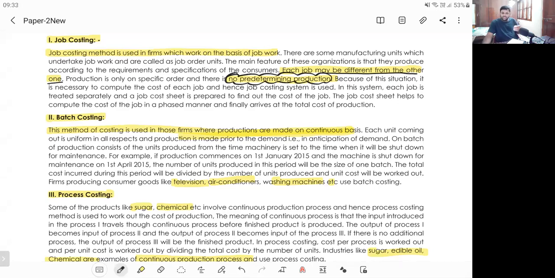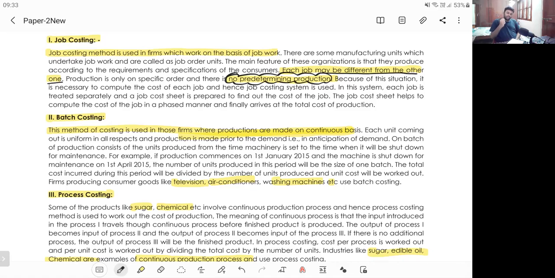Next, in case of an interior designer, depending upon the people who want their house to be designed in a certain format, they'll design it. They won't have any ready-made things with them, right? Next, advertisement. You have started a factory and a business and you want an advertisement for that. You go to an advertisement agency. Will that person say, hey, I have ready-made advertisements for you? No, it will not happen, right? So every job will be different here. That person might give you an advertisement in this format, and another person might give you an advertisement in a different format.